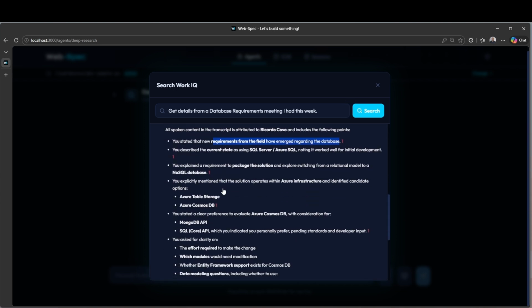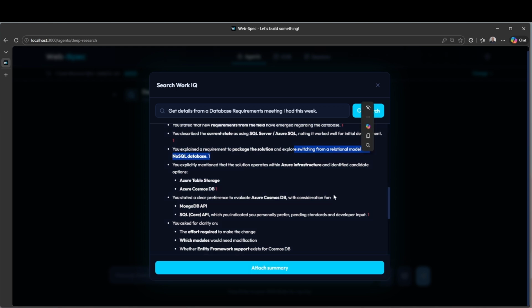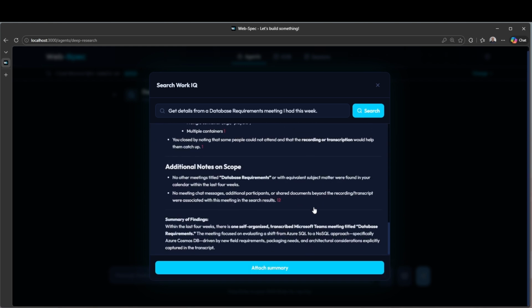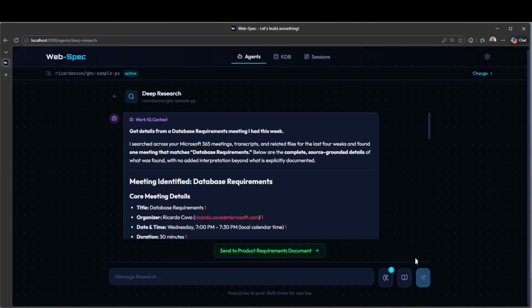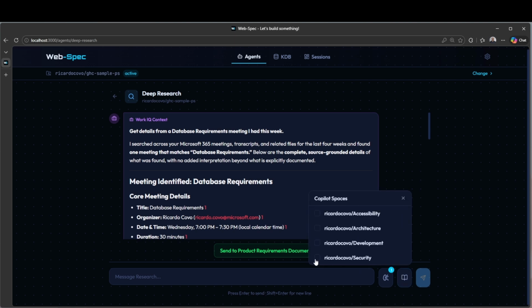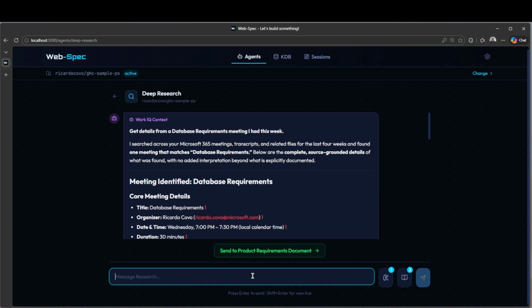This is a meeting that I had this week, and it's discussing the migration of a database from SQL to NoSQL. So I'm also going to reference some Copilot spaces I have available. So in here, I'm enriching my context with Copilot spaces, with WorkIQ, and with my repo. So with that in mind, I can now start working with the agent to generate a working plan on how